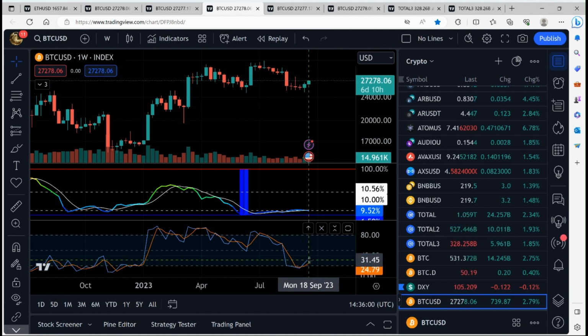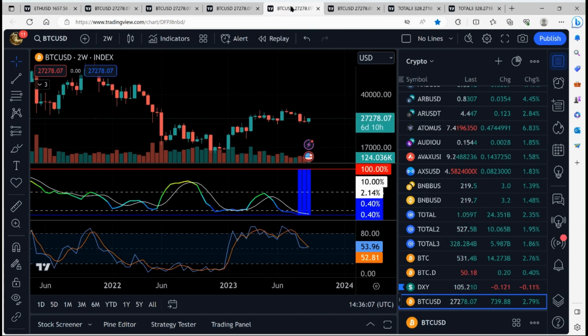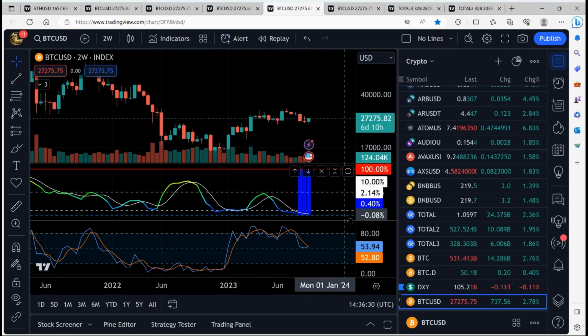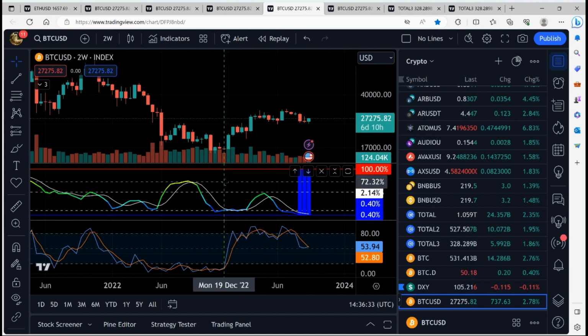Stochastic oscillator is pointed upward here. Not seeing expansion yet on the weekly. Like I said, this will all bleed into one another. What is really interesting, even on the major time frames, we're at extreme lows in volatility. And previous times when we've seen expansion off this, we've seen big moves like back here in February. This is the 2-week time frame, which is at 0.40, less than 1%.